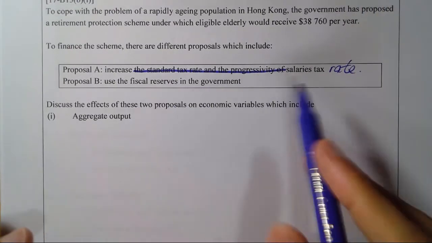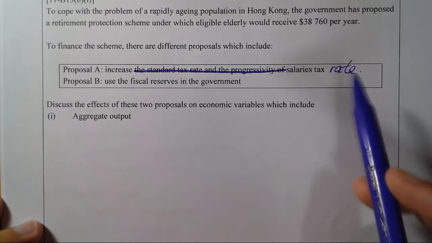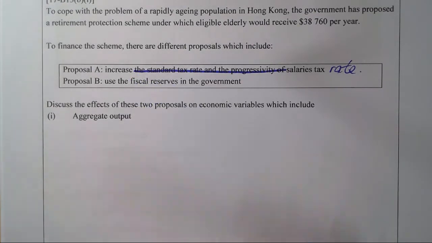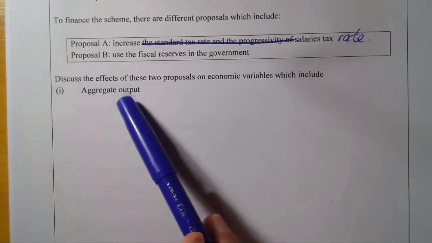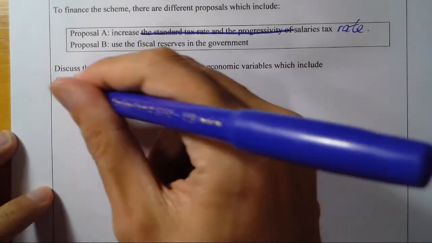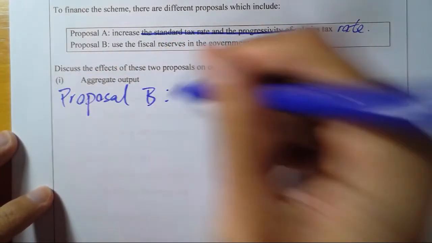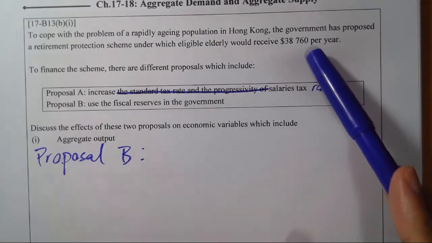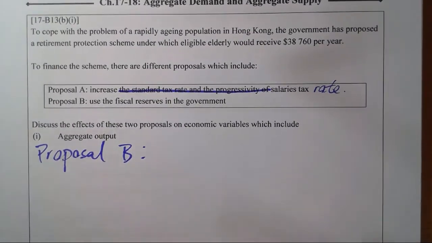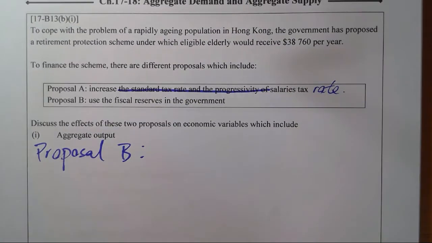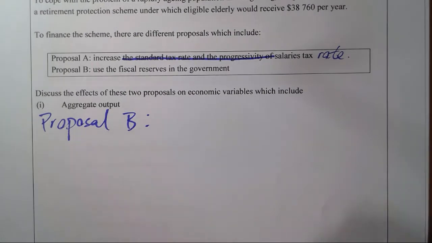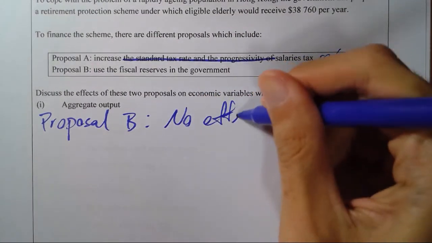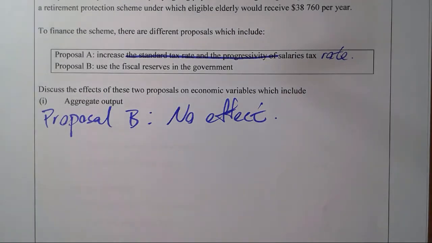嗱，中間啲字你未識㗎 okay? You haven't studied that. Now, therefore, let's make it simple. Increase salary tax rate. Second, to use their own money. So, how will it affect aggregate output? Now, here, proposal B first. Proposal B, by using the saving of the government. 係嘛？Now, think about it. This money, they're going to pay it anyway. Okay? They're going to pay it anyway. So, if they're using the government's idle money, 本身擺喺庫房嘅, right? How would it affect the economy? No effect, right? There will be no effect. No special effect. Because they just use their money to pay their own money, right? 用自己嘅錢俾翻自己應該俾嘅嘢啫嘛，冇特別啊。